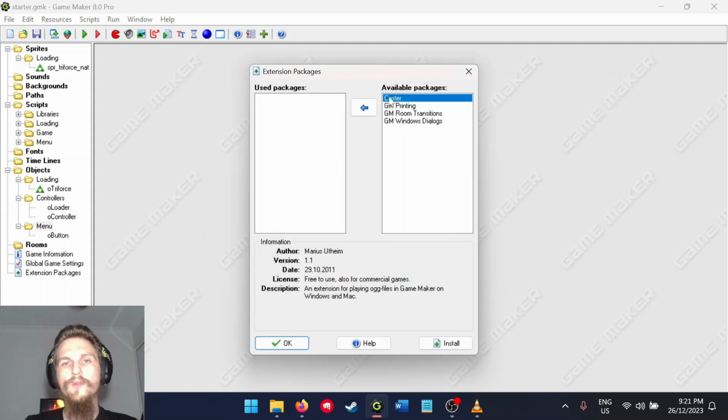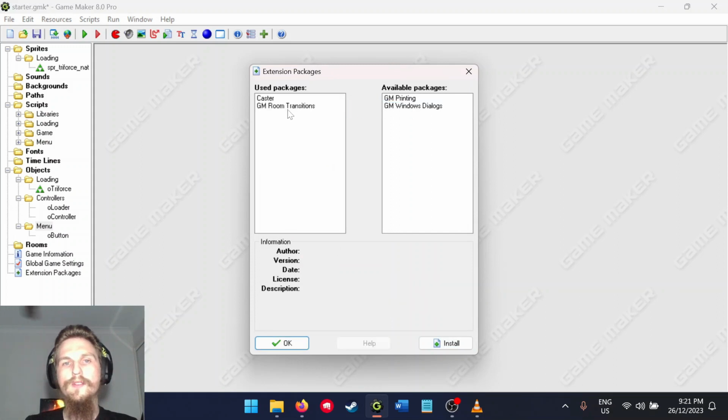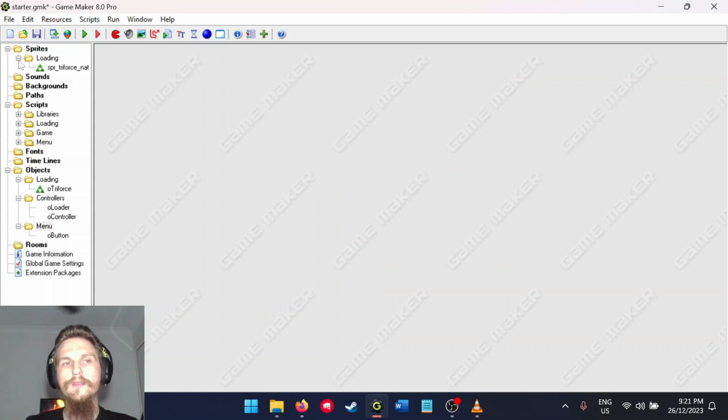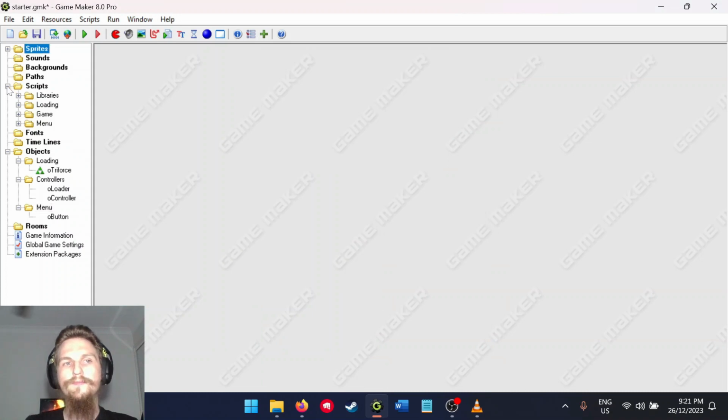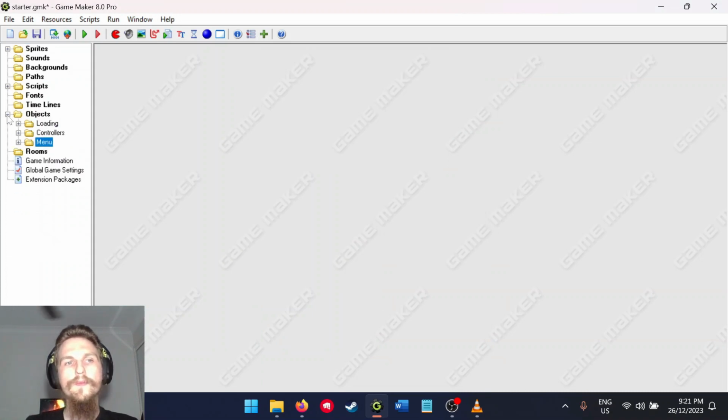Now here we want to put Caster, and we want to also put room transitions in extension packages. And now we can save the project